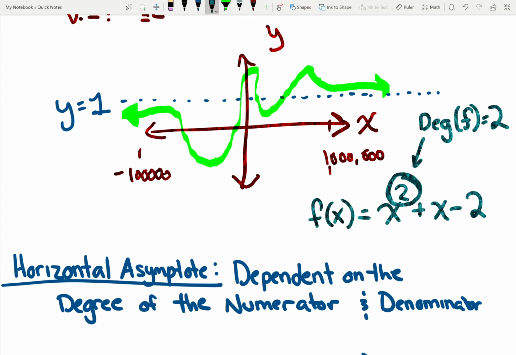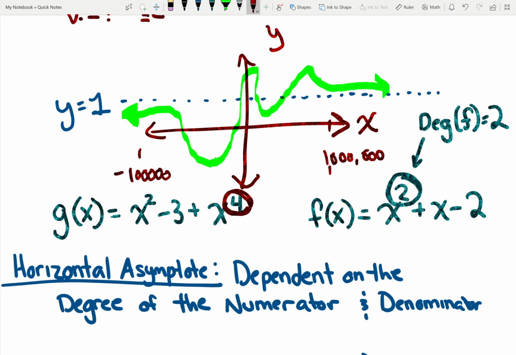Okay, so what if I had another function like this? g of x equals x squared minus 3 plus x to the 4th. Well, my polynomial might not be in greatest to lowest exponents, so I have to do some searching. What is my largest exponent here? It's this one right here, 4, right? 4 is my largest exponent, therefore the degree of g is equal to 4. So don't just look at the first term here. You might mess up. Look at every single one of your terms and figure out which one has the largest exponent, and that will be your degree. Okay,